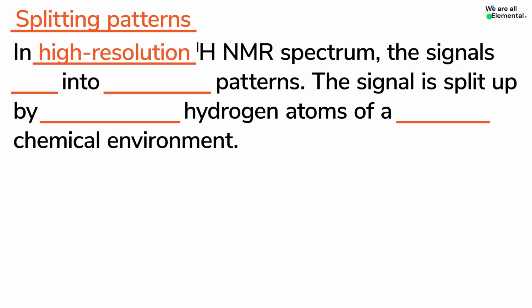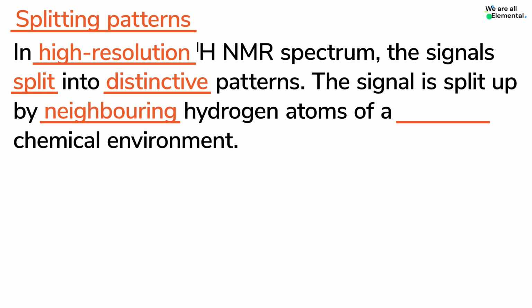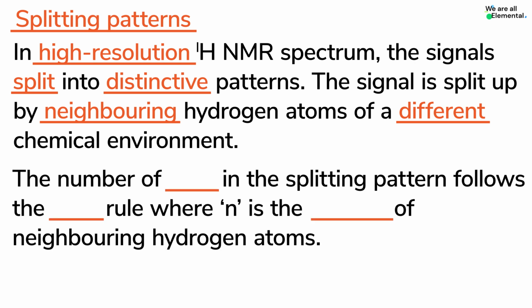In high-resolution proton NMR spectrum, the signals can split into distinctive patterns. The signal is split up by neighboring hydrogens of a different chemical environment. The number of lines in the splitting pattern follows the n+1 rule, where n is the number of neighboring hydrogen